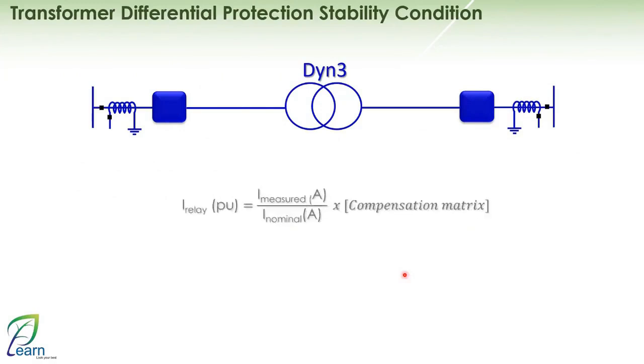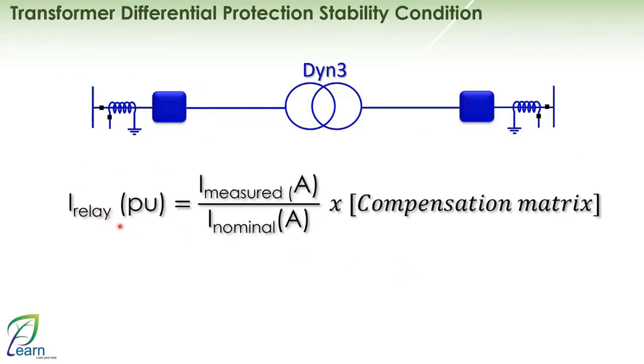Let's look at the stability condition now. We are now dealing with the numerical relay pilot as we learned in previous lectures. This pilot deals with the per unit value. How? The relay reads the measured pilot in amps and divides it by the nominal pilot to convert it to per unit, and then multiplies it by the compensation matrix to do matching for the vector group and the inode elimination. Matching for the vector group and the inode elimination topic,